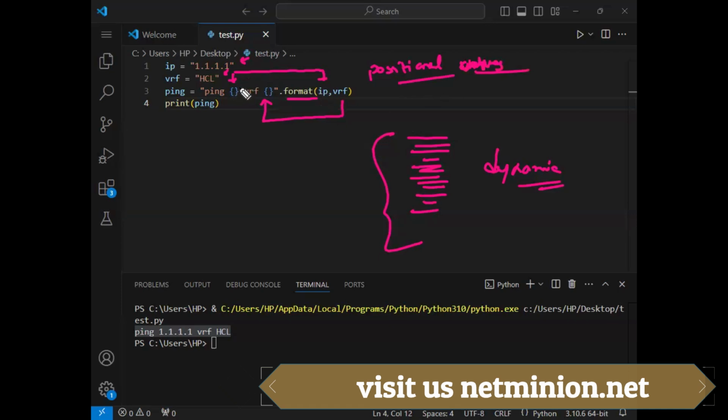Like IP will come in the first place, VRF will come into the second place. It cannot be mixed. So you can see how utilizing a string, we can increase our productivity step by step in our scripts. Any questions?